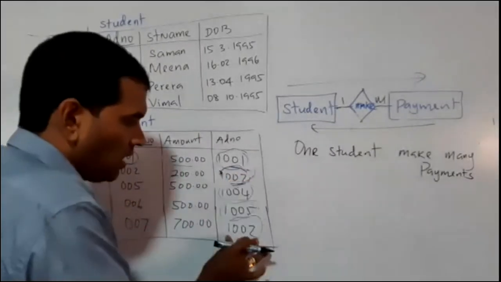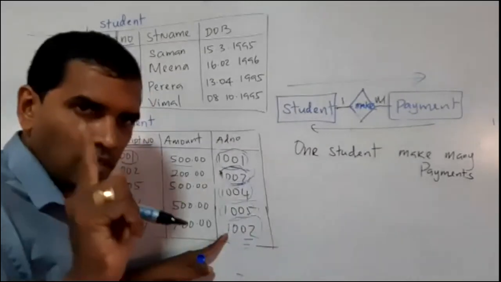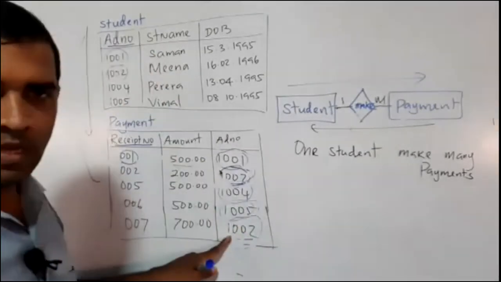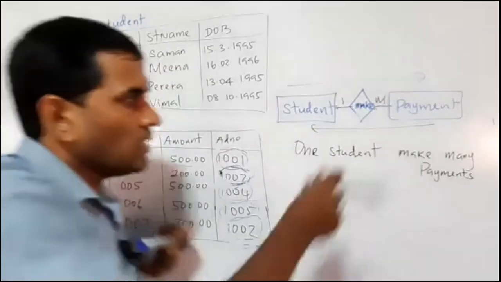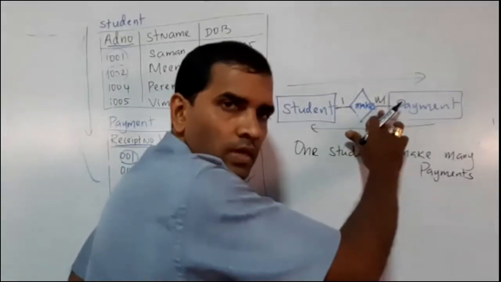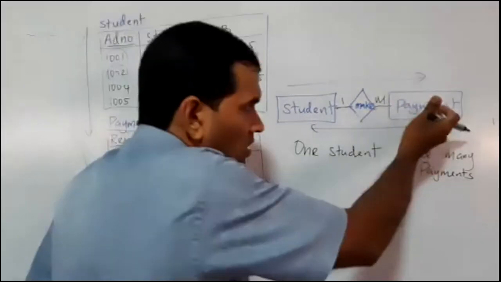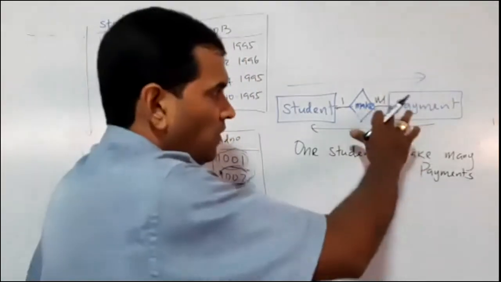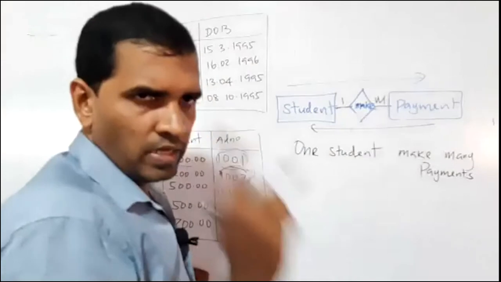So now, at last I have to check whether this data has one similar data in the first table. Yes, this data has only one. So even though you have many there, don't take as many. In the starting point, when there are many, ignore that and take it as one.